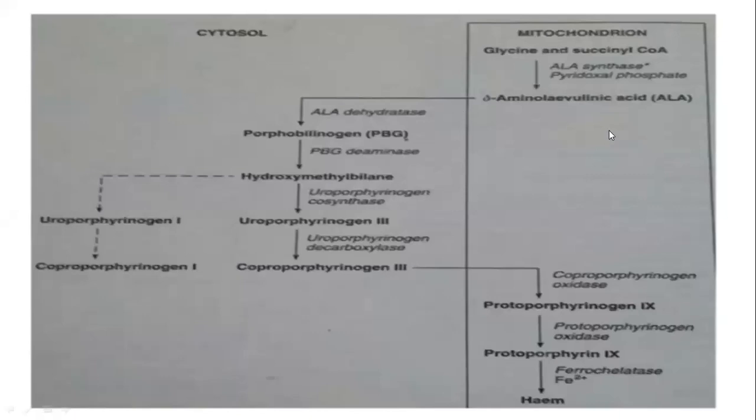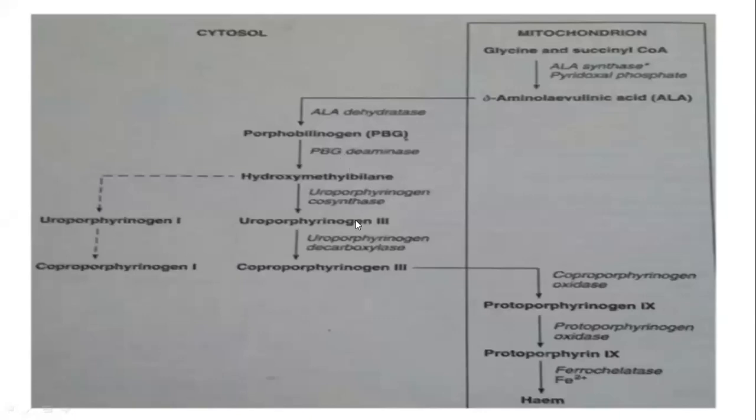So the thing is, there are different stages of synthesis, of the heme component or the globin component, depending on which area you are looking at. But when you're looking at the heme component, basically the heme component and its synthetic capability starts from the mitochondrium. And this occurs when you have glycine and succinyl-CoA in the presence of ALA synthetase being converted to delta-aminolevulinic acid, or ALA. And this gets out of the mitochondrium into the cytosol, where you have this ALA being converted into porphobilinogen,